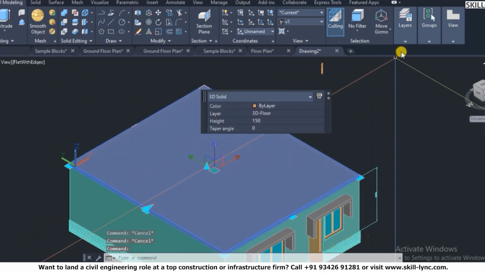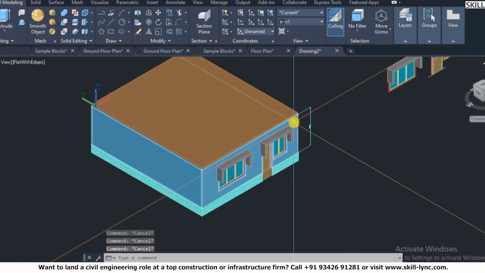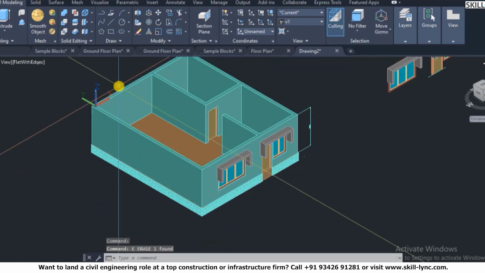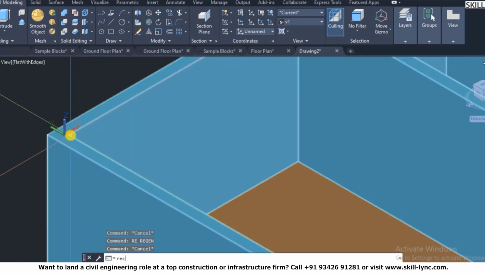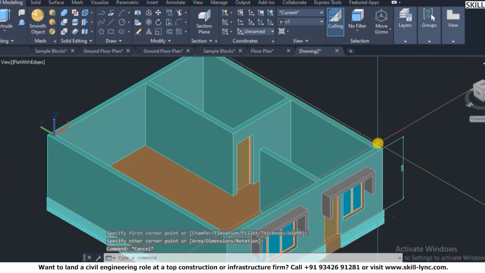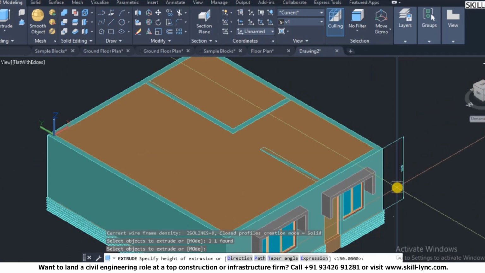So the layer is 3D floor, and if I am creating a floor, it is good that I create it in the internal part so that it does not merge with the walls. So I extrude it,